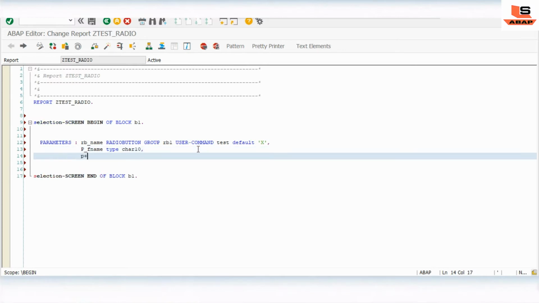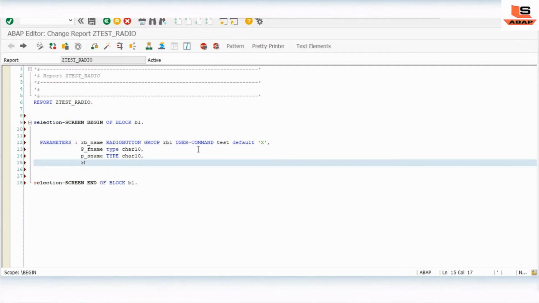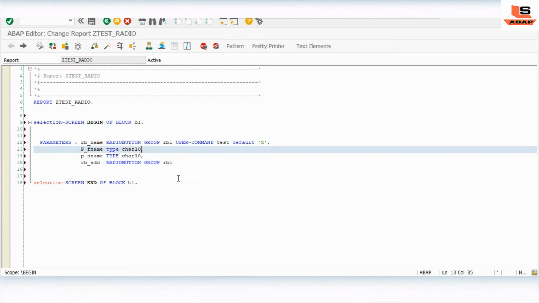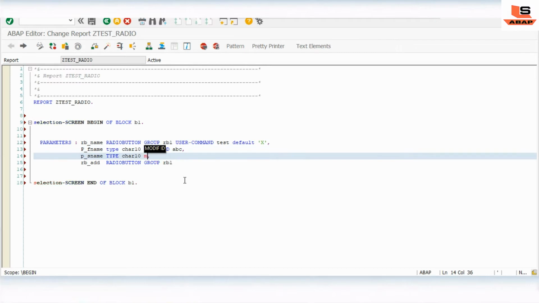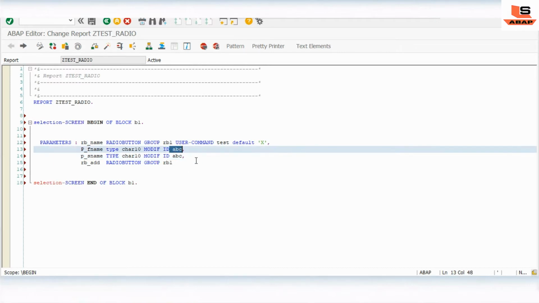You can give these as per your requirement. Then we define the second radio button, address, with radio button group RB1. Here one thing is important: we have to give MODIF ID ABC. This modify ID should always be three characters.